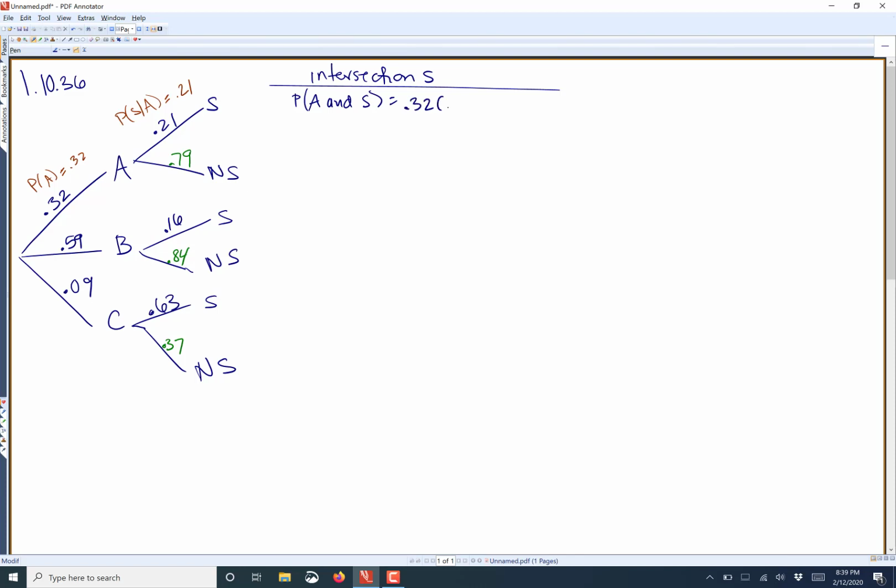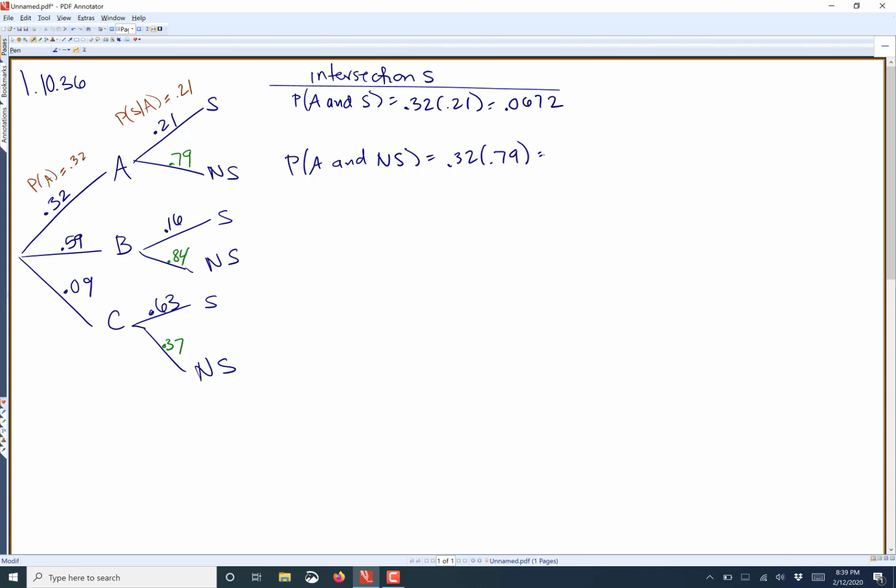So 0.32 times 0.21, which gives me 0.0672, and the probability of A and not S gives me, let's see, it's going to be 0.32 times 0.79,